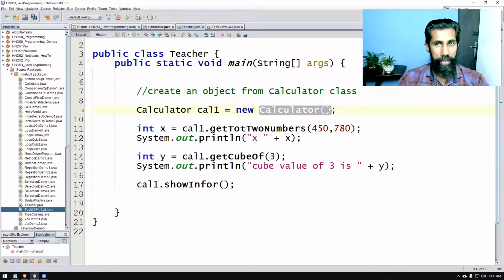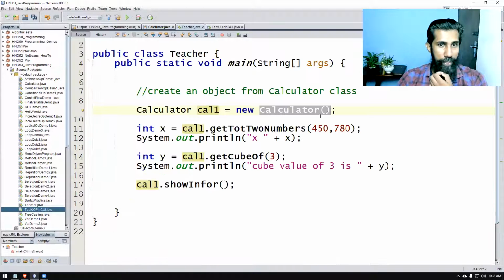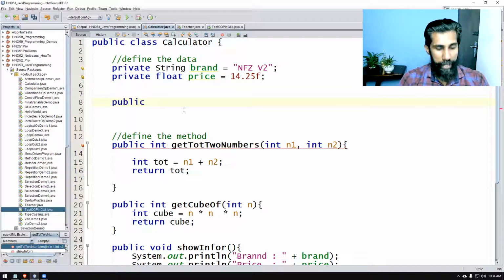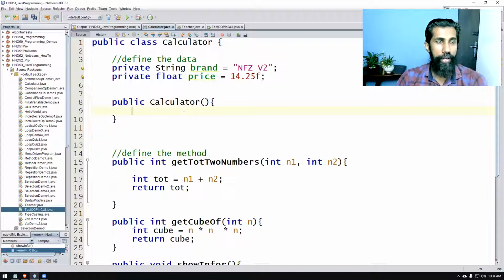We didn't code this, but when you do not have a constructor method created inside a Java program, Java automatically provides a default constructor. Default constructor means without any arguments or parameters, a constructor is constructed like this, right? If you like to do anything other than just creating the object, maybe you like to standardize these things, you want to put some values in these variables, you can do the program like this. Public name of the class is how you create the constructor method, Calculator, and you can see it is taking no parameters there.